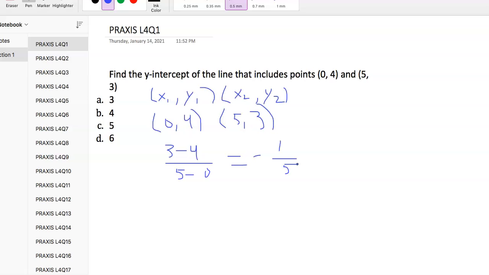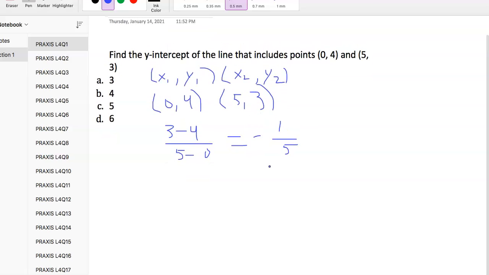It probably will be. But for y-intercept, we find slope, and then we need to plug it into this formula, which maybe you heard once upon a time. y equals mx plus b. And b is the y-intercept. We would think it's y, but it is not. And then we're just going to plug it in. So we're going to take these two. You could do either one. So 0 is x and 4 is y, right? So 4